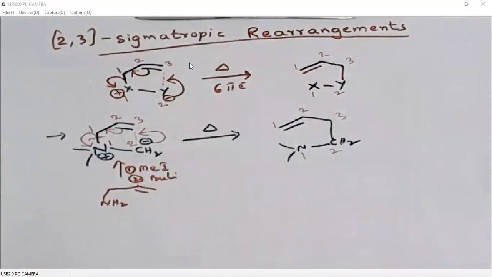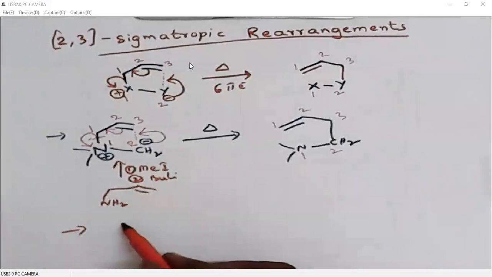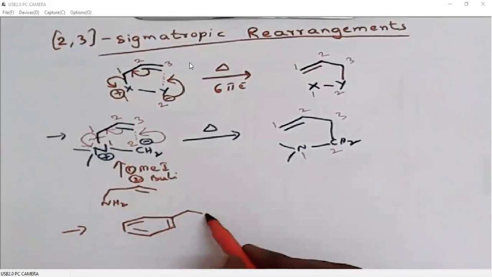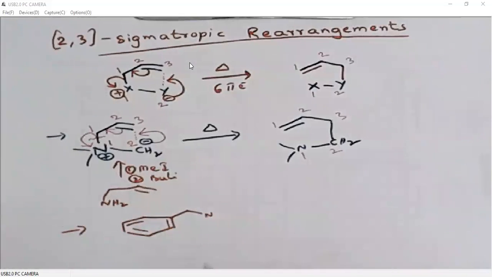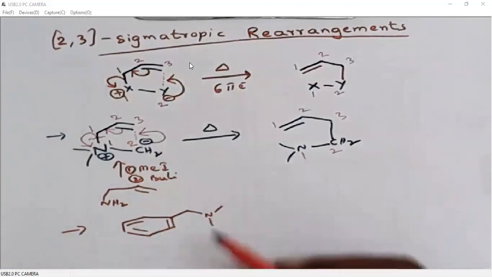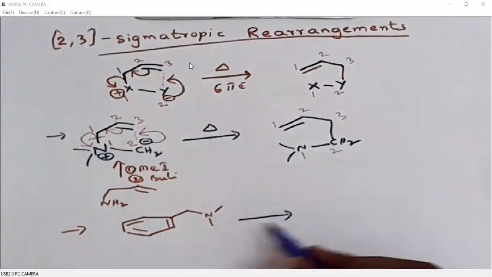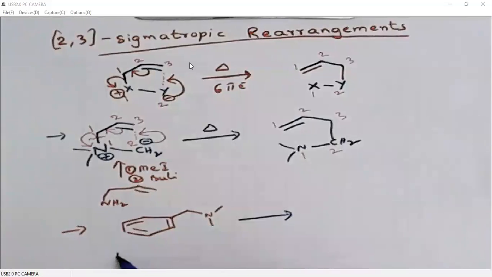Now, if we use the same reaction sequence, instead of allylamine, if we have benzylamine, it is called the Stevens-Sommelet-Hauser rearrangement. If you have benzylamine, this is benzylamine, we can do alkylation with methyl iodide, 2 times, and we can also do it 3 times. So what I'm starting with is N,N-dimethyl